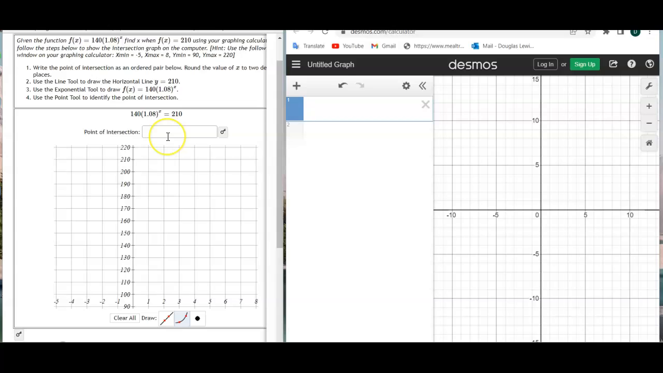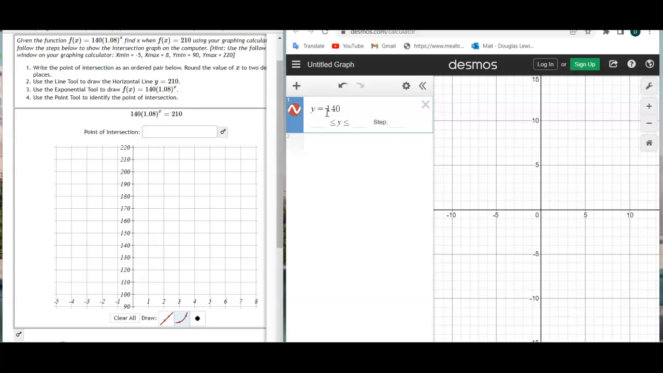Now I'm going to use Desmos because Desmos is quick and gives us points to graph really simply. So let's graph 140 times 1.08 to the x. You need to open Desmos; desmos.com/calculator is how you can get to it if you don't know already. So we'll just put in y equals